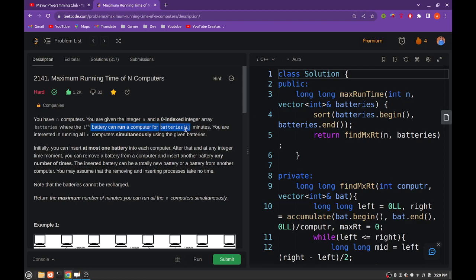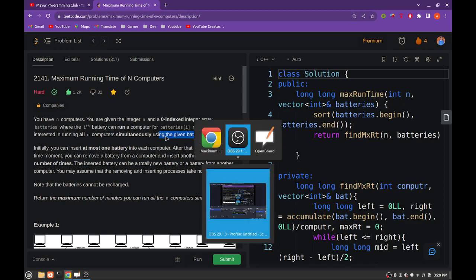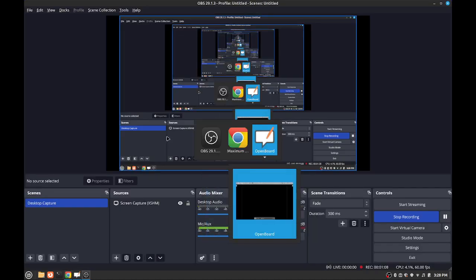Battery can run a computer for a time equal to the value of the element at the ith index in the batteries array. So you are interested in running all the n computers simultaneously using the given batteries. So what the problem statement is saying is,